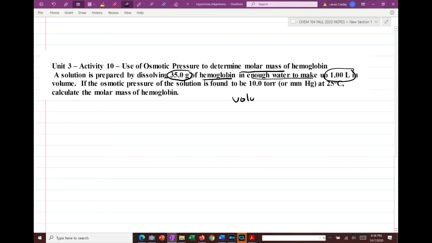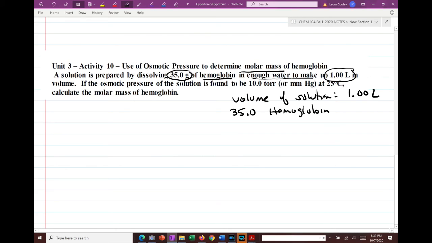So we have the volume of the solution is 1 liter. We have 35 grams of hemoglobin. And then it says if the osmotic pressure of the solution is found to be 10 torr at 25 degrees C, calculate the molar mass